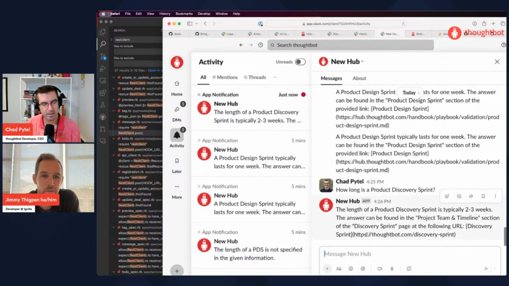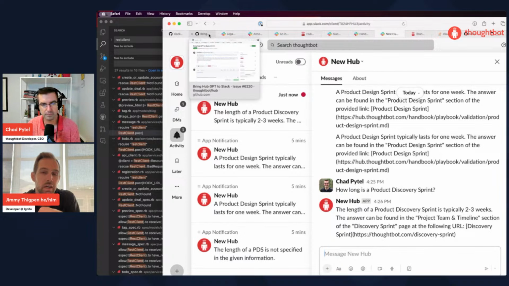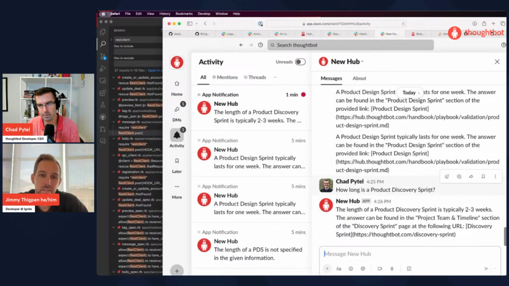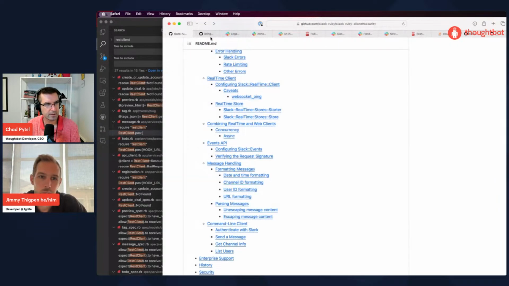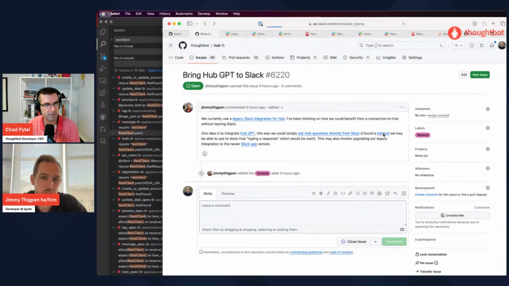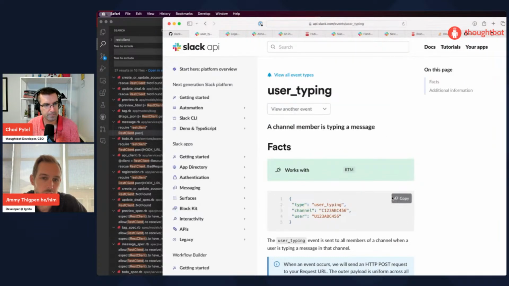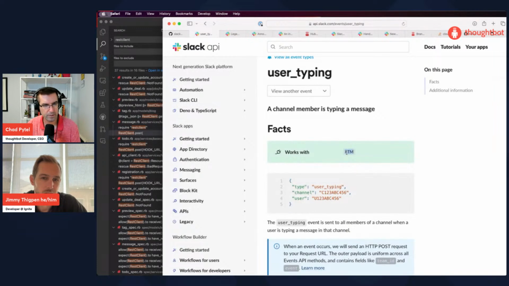So I've seen there are two ways I looked at. We could try to see if the bot can send an event that shows that it's typing, or another method is you just send a message really quick that's like three dots or something. Or react to the message. Yeah, that's another thing I've seen. Because you could respond with three dots and then the bot would edit that to be the response. Or I think the coolest way is to see the typing event, if we could do that, but I don't know if that's a method the bots can do, or only if it works with the real-time messaging.